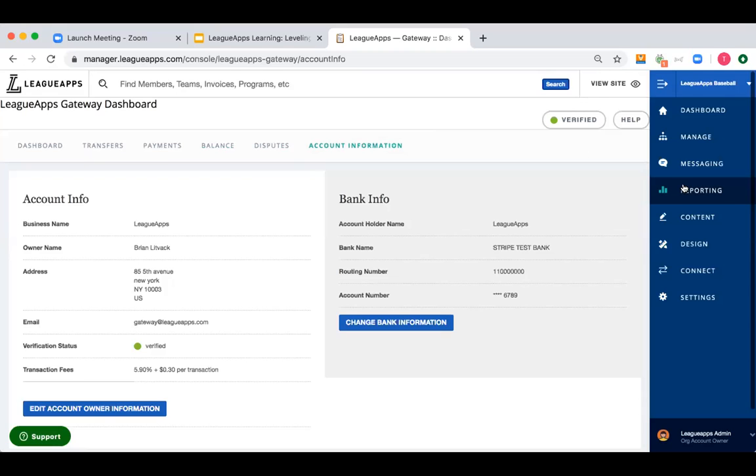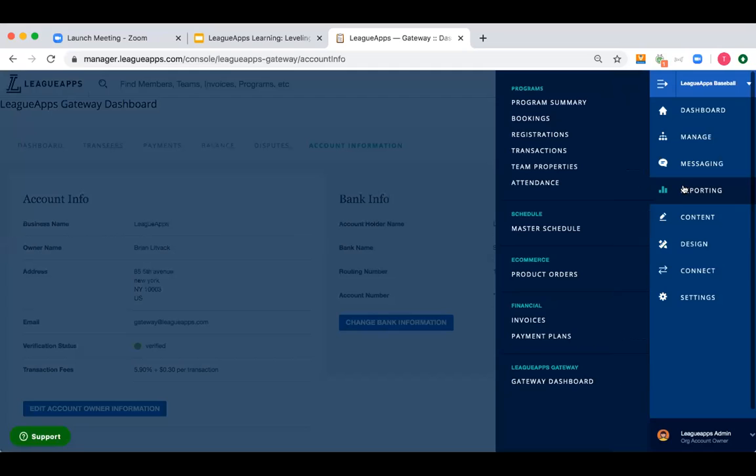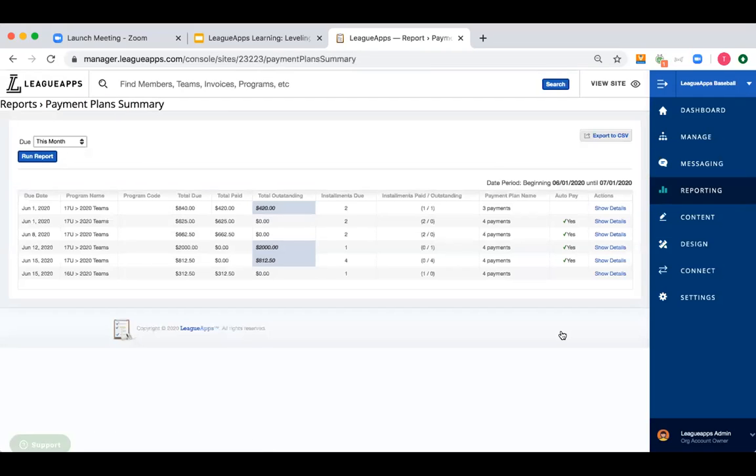Let's move on to the fourth report, which is the payment plan report. Like I said, this one's super important during this crazy time. Let's go to reporting and then payment plans. So here it's going to show basically a listing of all of your payment plans, information like when the next installments are due, how many people have paid on those specific payment plans. And by payment plans, I basically mean, let's say you want to set up a scenario where everyone's paying on the 15th of each month for 12 months. That would be termed a payment plan in our system. You can track those all here.